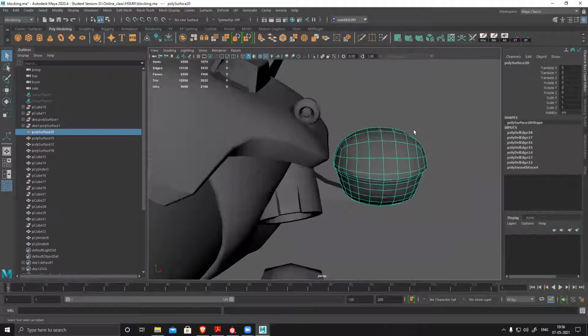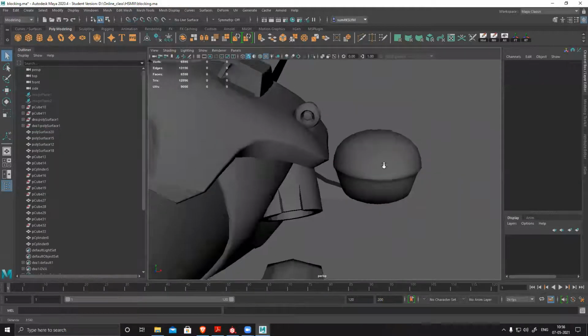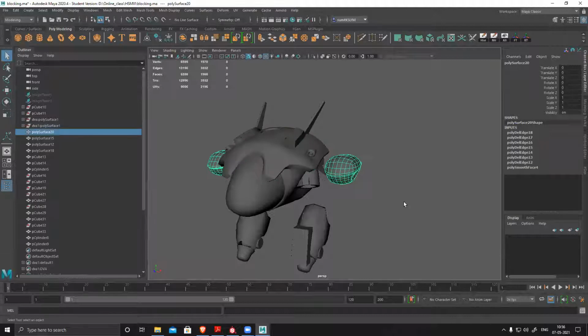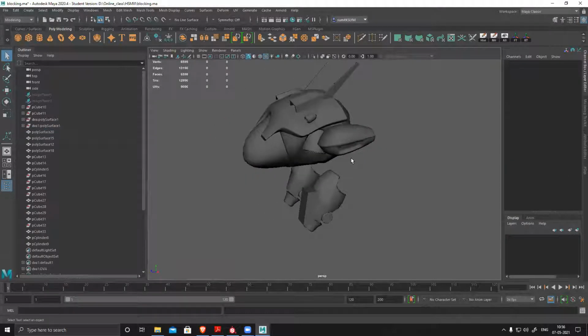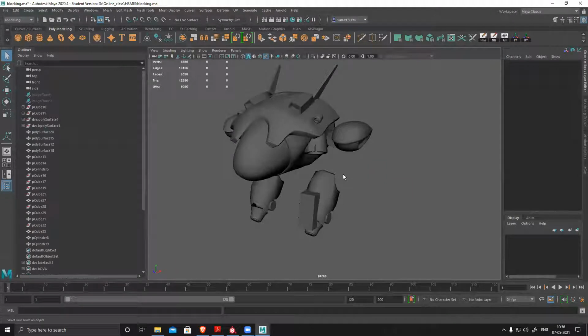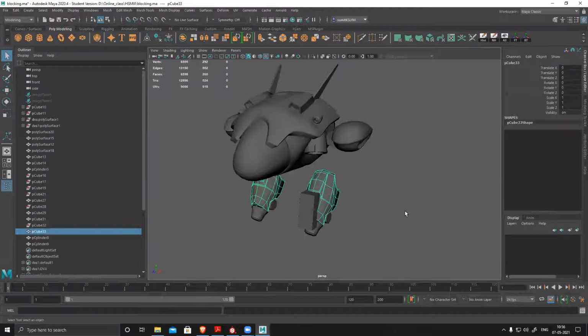Now it's evenly smooth, and you can see it looks like a clean, smooth shape. It's not that angular, not that faceted. You cannot see all the angles and edges. That's the only thing you have to do in low poly. That's why you created the blocking, so it saves time for low poly. In a couple of hours, you can finish your entire low poly without any issue. You just have to identify the areas where we need to smooth, only those sections, not all the parts. This section is kind of fine, so not required.